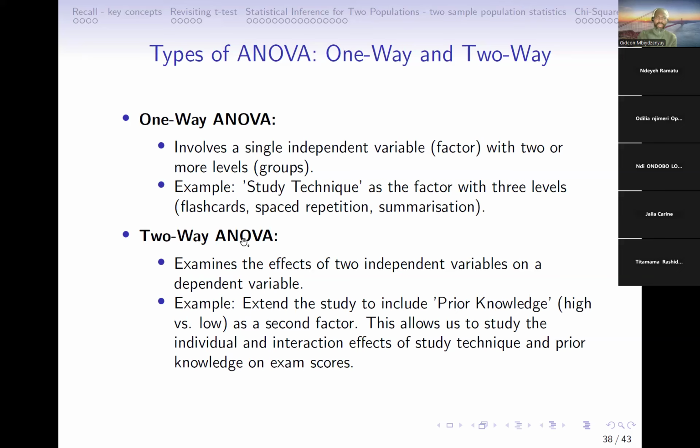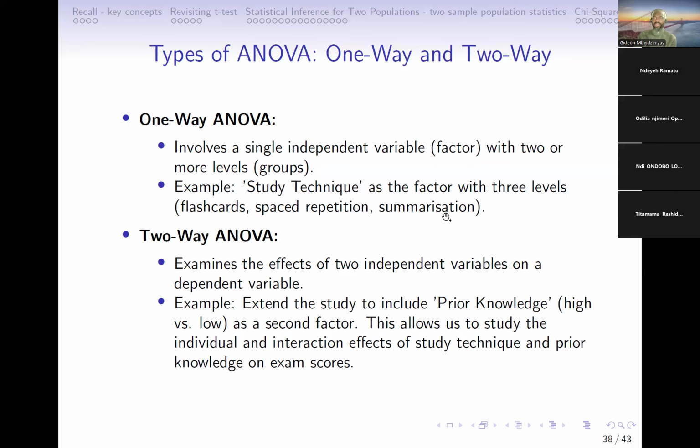In order to do this, you could use something called a one-way or two-way ANOVA, where one-way involves a single independent variable with two or more levels. You have a single variable and you have two or more levels or groups that you want to test that variable on. For instance, if you're talking about study technique as the variable, then the groups can be flashcards, space repetition,